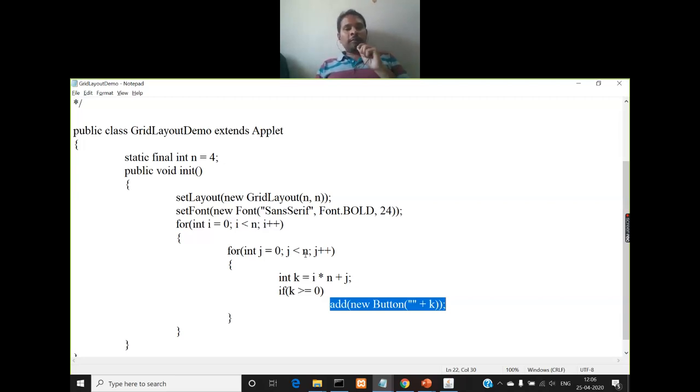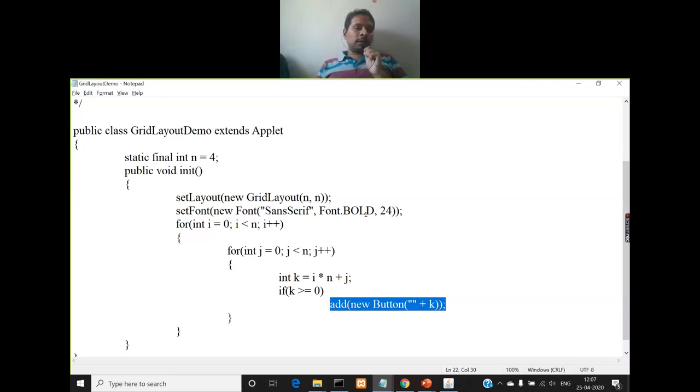So in that way, finally, what will be the output of your program? Your applet window is divided into a grid containing 4 rows and 4 columns. That means each row contains 4 cells, and each column contains 4 cells. Each cell will accommodate one AWT component. What is that AWT component that we are adding to each cell of the grid layout?